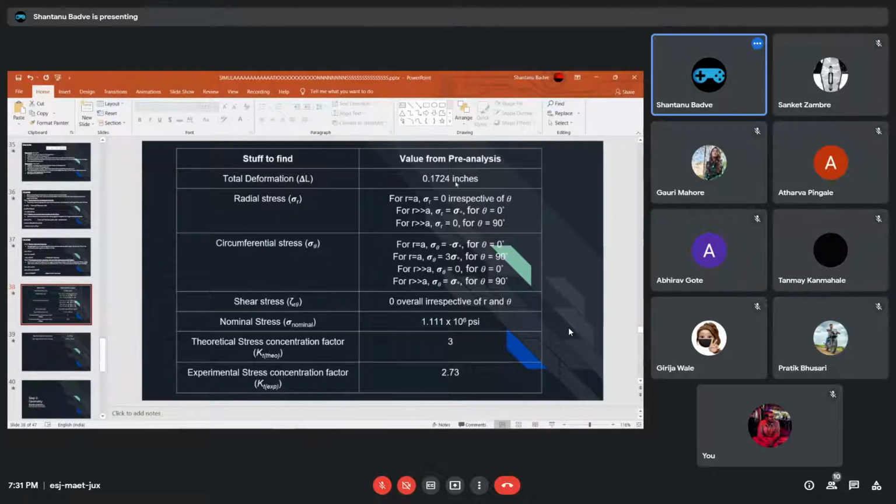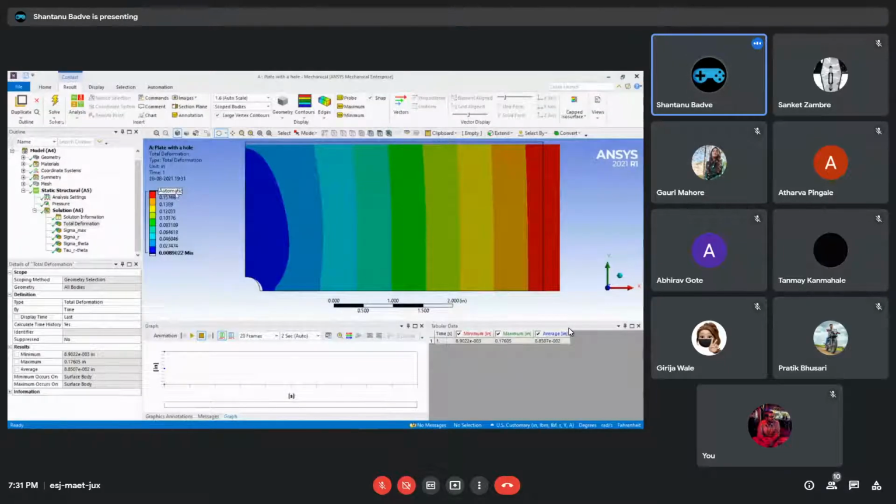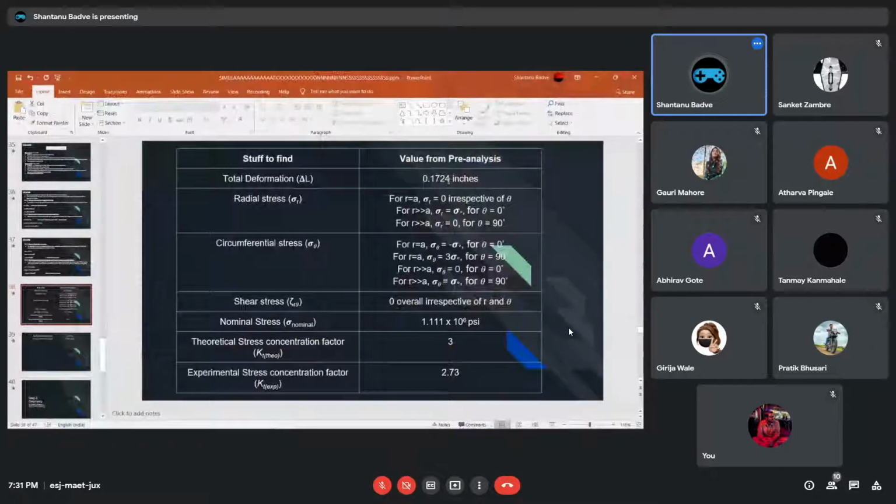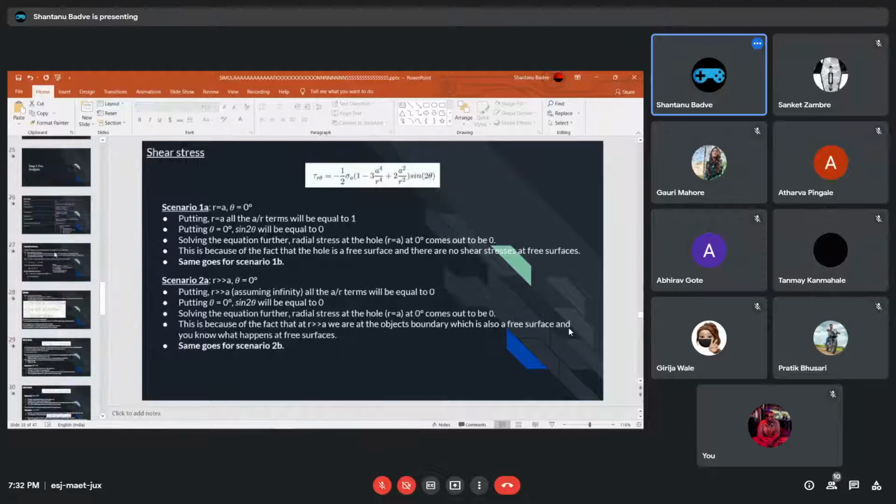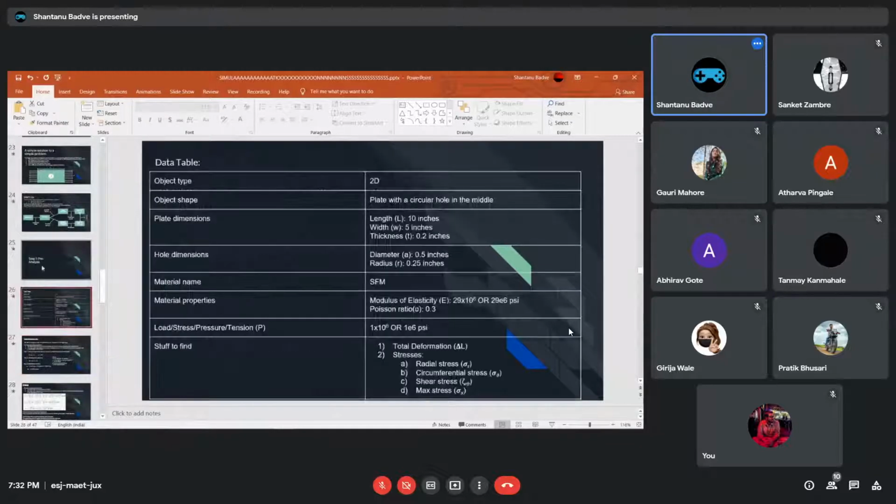So 0.17605 and 0.1724, there is a little bit of deviation. Why is there a deviation? Well, this is what the verification and validation step is for. If we go back to our verification and validation step, there are a few checks that we need to perform.